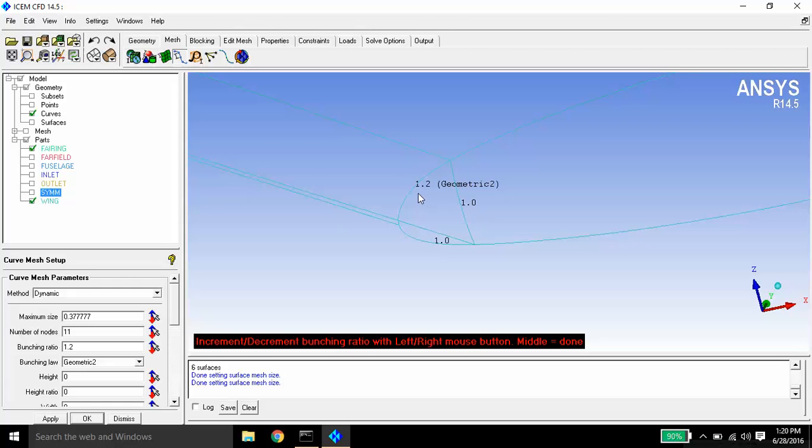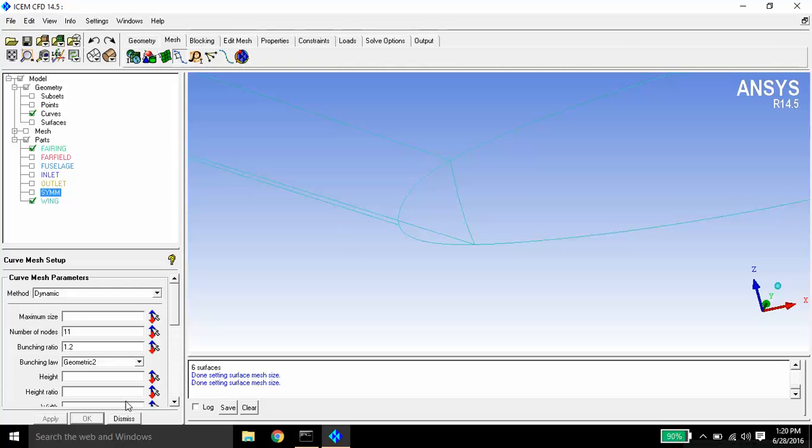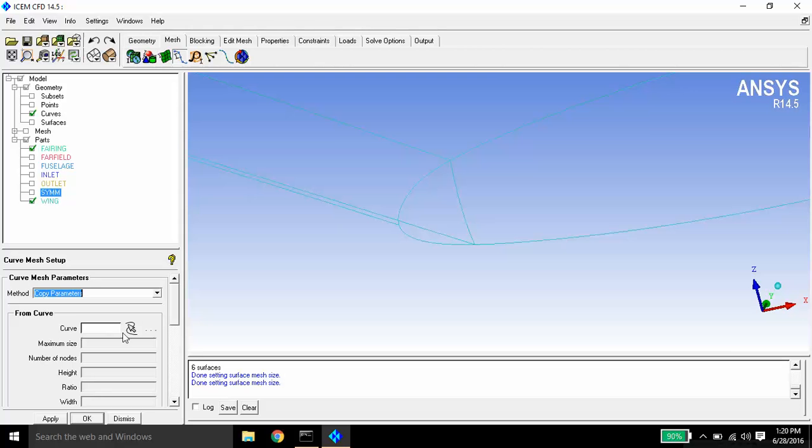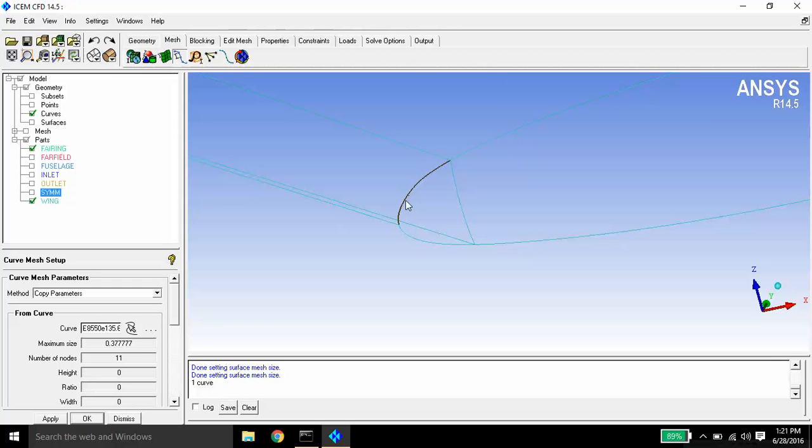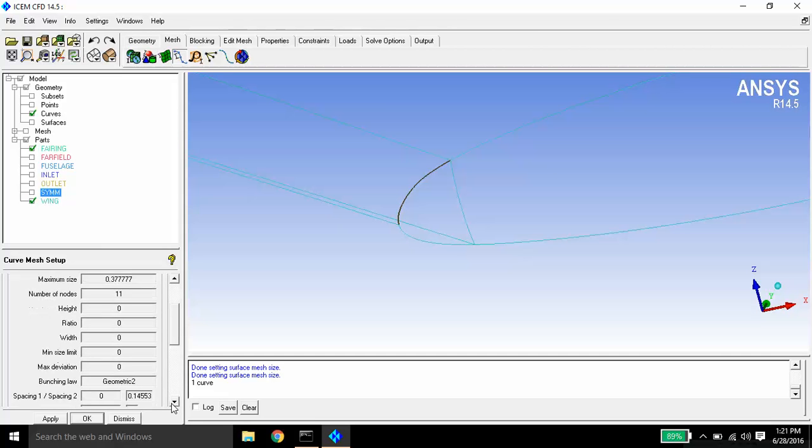Press middle button. Now we need to copy these parameters to all other curves. So for that, first select from which curve you want to copy. So first select this curve, press middle button, and now select the curves where you want to paste it.